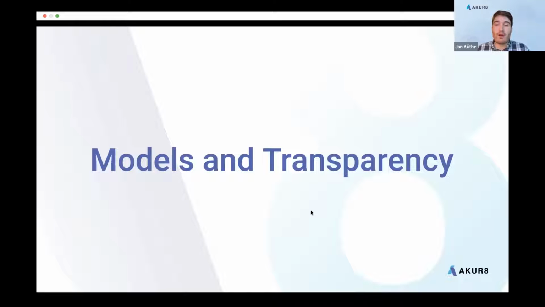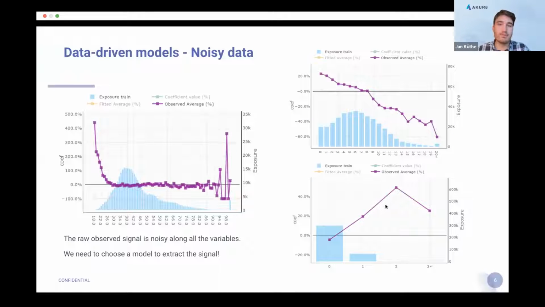Okay. So let's start with some basic charts for the beginning. Let's assume we are working in a private lines motor insurance portfolio, where you have features like the age of your driver here on the left-hand side of the screen. You also have vehicle information like the acceleration on the top right, or the claims information of your customers.